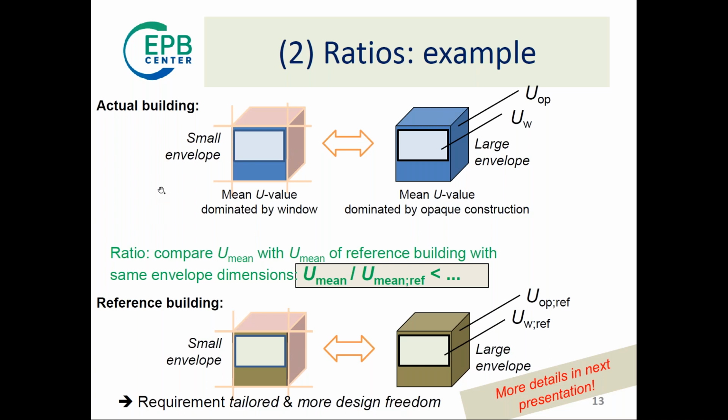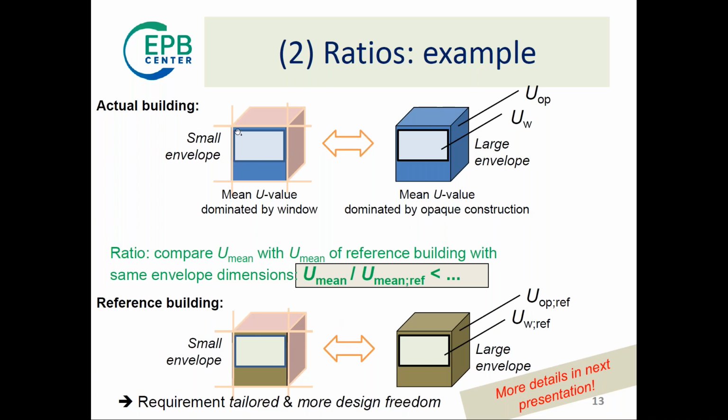So an example to illustrate the ratio. For that, we come back to the example which we showed before. So at the left-hand side, the mean U value is dominated by the windows, and the right-hand side with the large exposed envelope, the mean U value is dominated by the opaque construction. So if you now introduce a reference building, so here a reference building which has the same size and shape as your actual building, but you have here a reference U value for the facade and for the window. So on the left-hand side and the right-hand side, the same reference U value for the window and the opaque elements. But the ratio or the proportion of the two is of course different between these two,